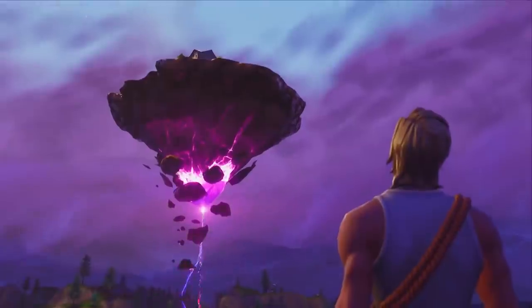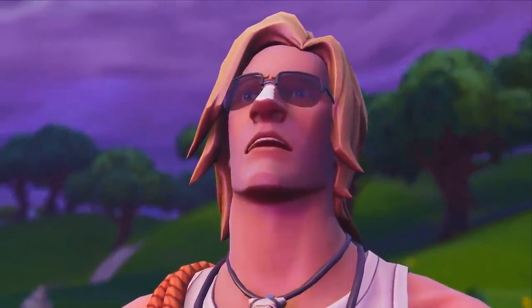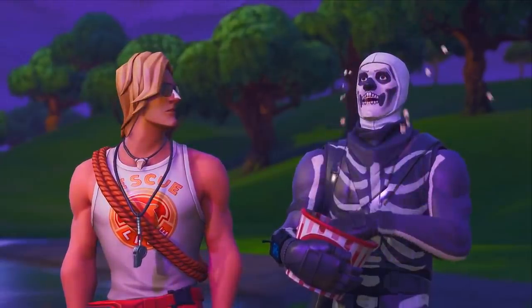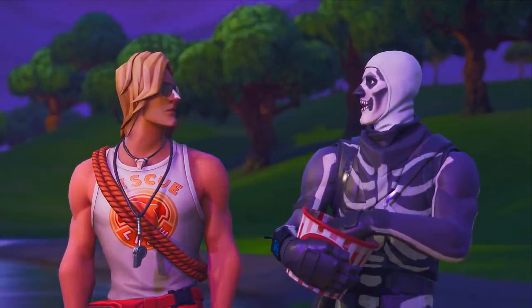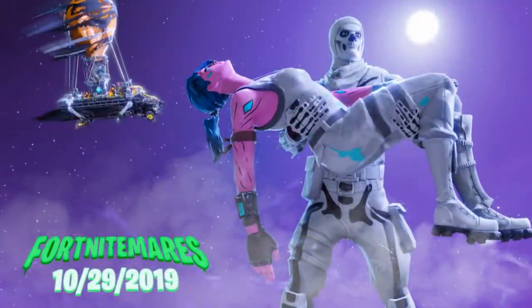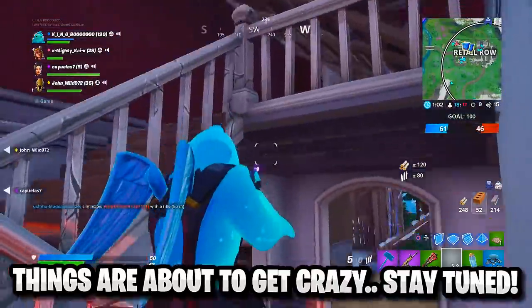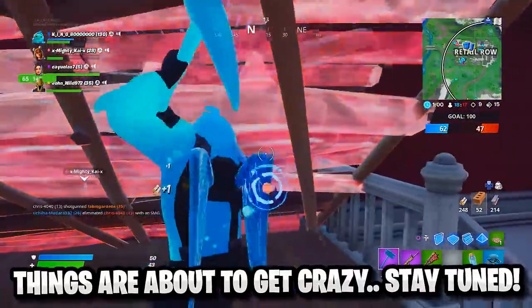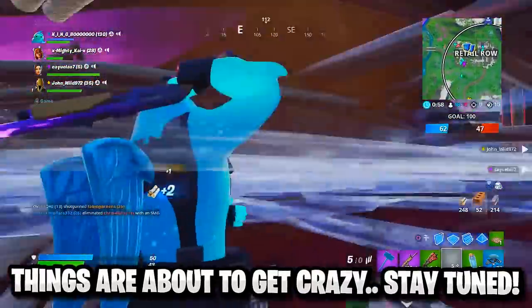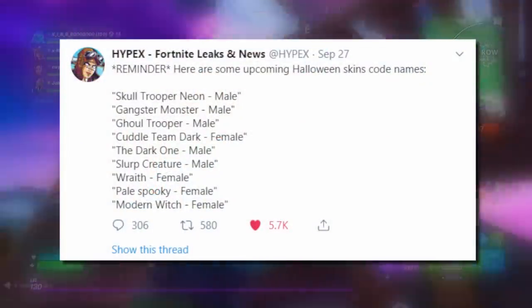Also, speaking of trailers, in the Season 6 trailer, considering its Halloween theme, the cinematic anyways, the Skull Trooper was shown, so it would be very interesting if we saw any of the Halloween skins that we're going to mention now in this upcoming Fortnitemares 2019 trailer, but make sure you guys are staying tuned now because you don't want to miss out on any of these cool Halloween skins that will be or have already rotated throughout the item shop. Here is the actual list on screen right now,